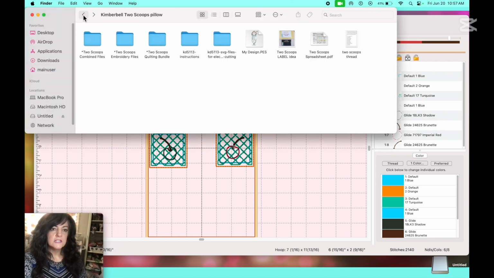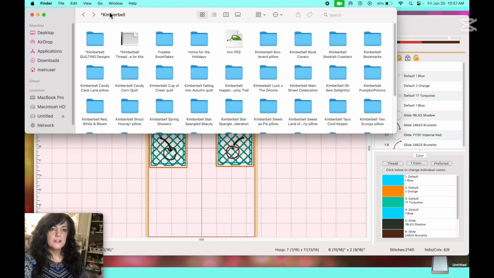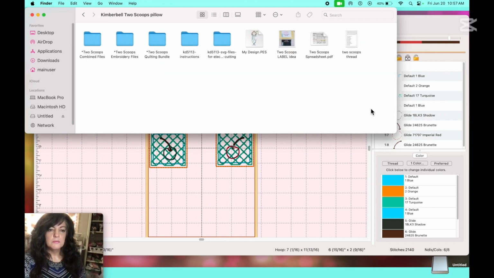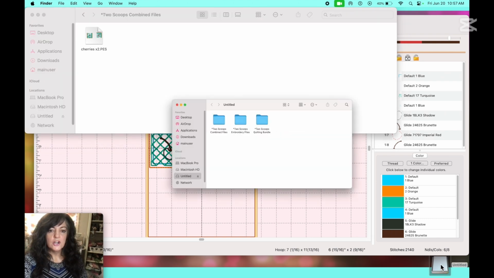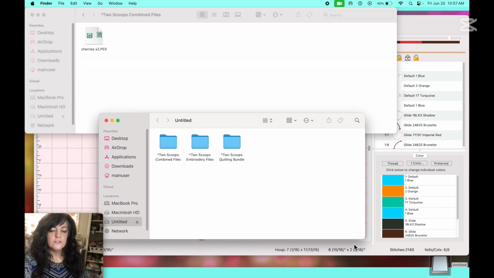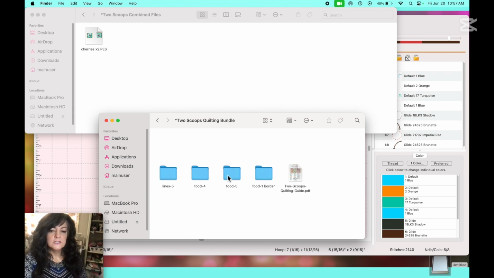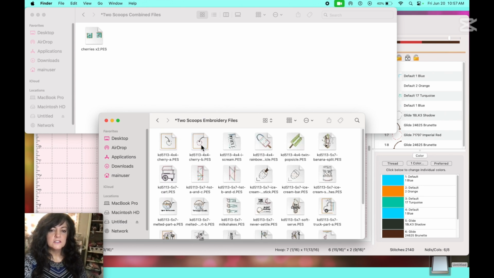So here is again my Kimberbell folder that's on my desktop under that embroidery folder where I keep all of my files that I've downloaded. And I'm opening my 2 Scoops folder, and so here are those 3 that I have on my USB. I open the combined files, and that is the file that I just saved with these cherries. So now I have plugged in my USB, and so it's down here, and I can open that, and you can see that I have for this project those same 3 folders. And so again, the quilting bundle, the embroidery files,